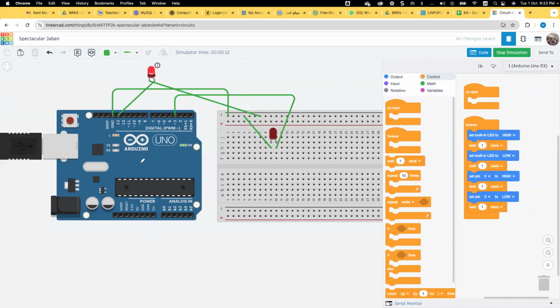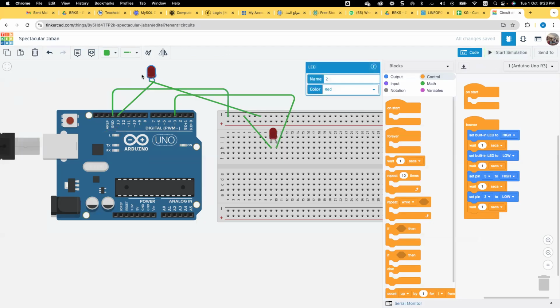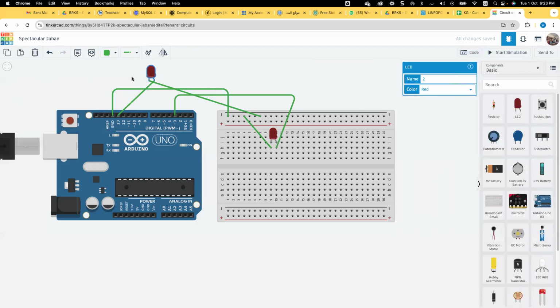What we can conclude from this demonstration is that the address of this LED, which is a built-in LED on the board, is 13. So I'm going to delete it now.